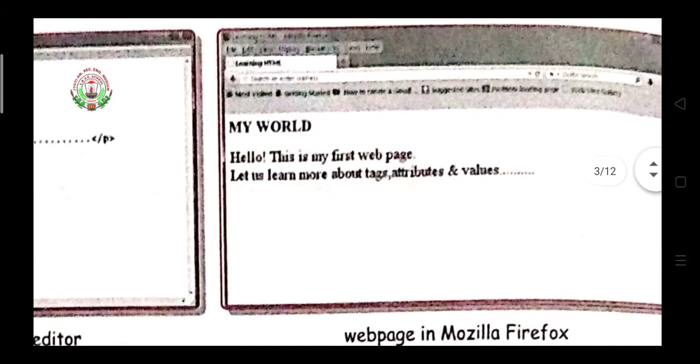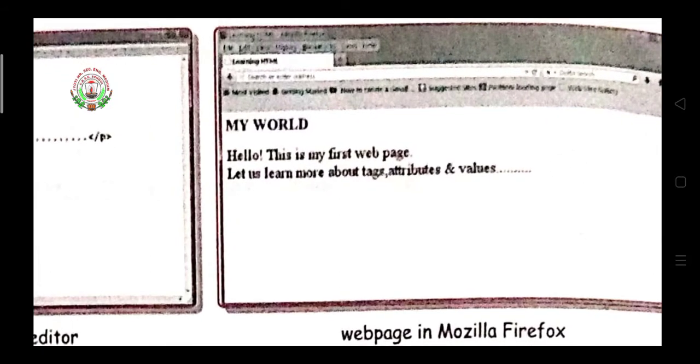If you are writing a line of text on any topic, at the end you have to give the BR tag. See here, at the end you have to give the BR tag. It means the browser will read BR as the next line, so it will display the next content on a new line. Here my line is: Hello, this is my first web page. While writing in Notepad, after web page we have to write the BR tag.